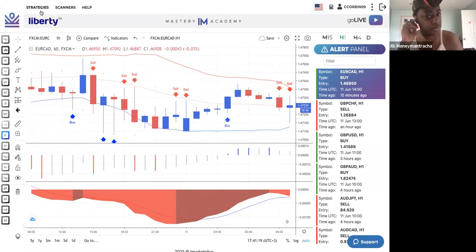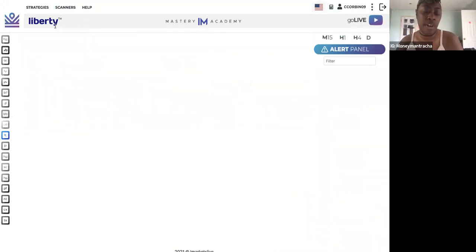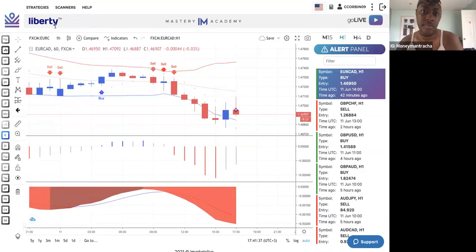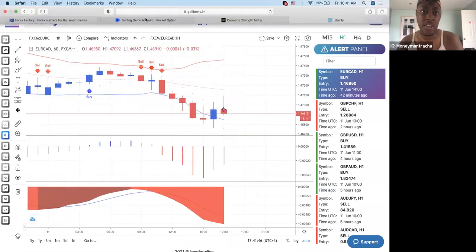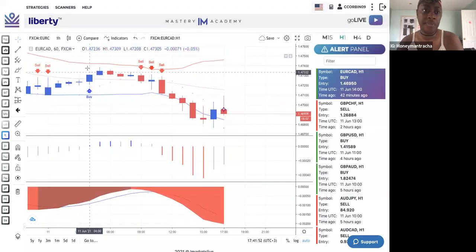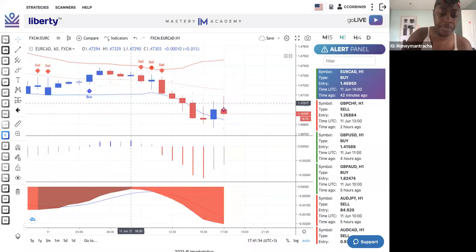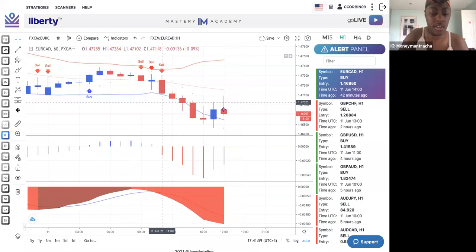They are very helpful. But if you are able to log in, you're going to select the strategy. There's 4 different ones you can choose, which means there's 4 different ways you can look at the charts to start learning how to trade HFX. But today, I'm going to use Simple Scalper 2.0. After you choose your strategy, you also want to make sure you select your currency pair. We have to make sure that the currency pair that we're trading, which is AUD-CAD, is the same currency pair that we're scanning. So in order to change your currency, you just click on your screen and do AUD,